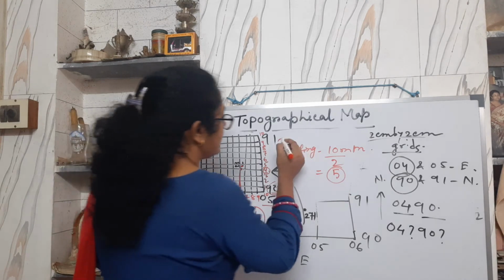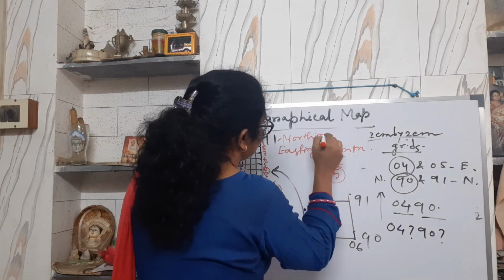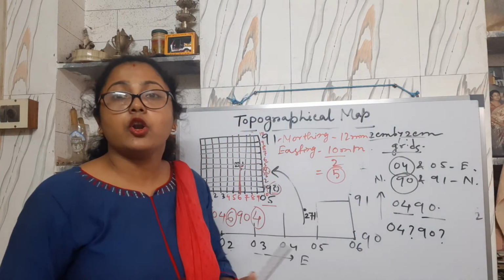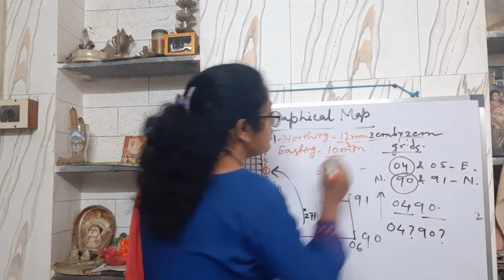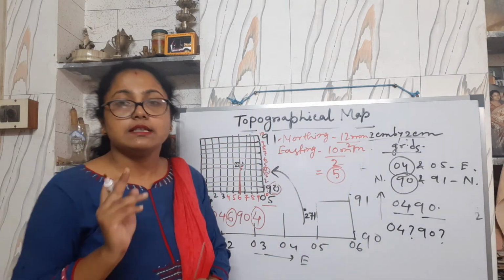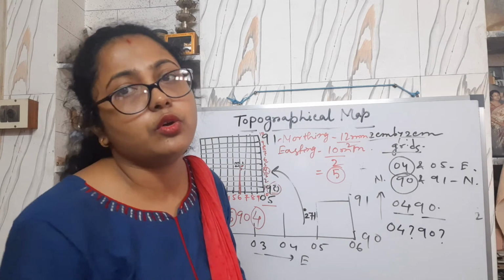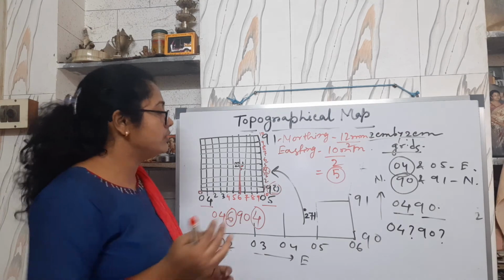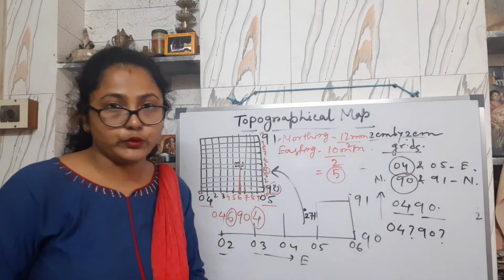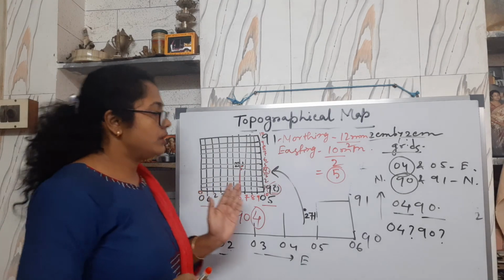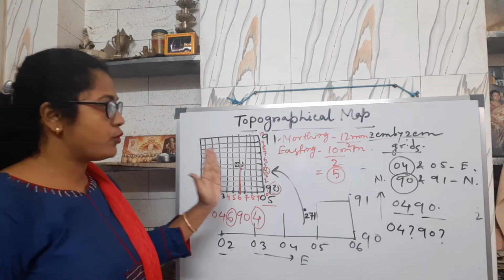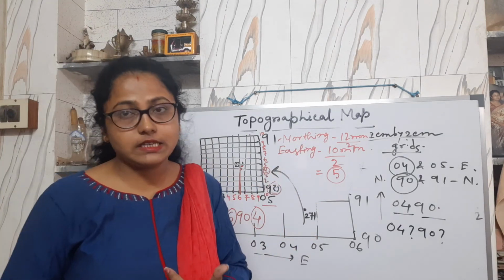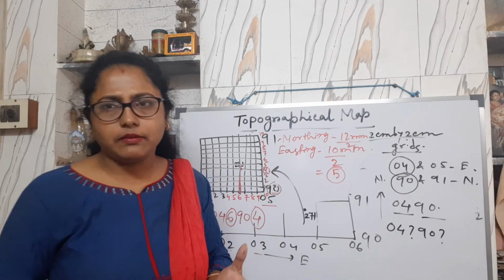Okay, if the northing point, suppose northing in scale the point comes 12 millimeter. So what will be your northing subpoint? Must be by 2, 6. So your northing will be 6. So in this way, through scale also you can measure the 6-figure grid reference. That is up to you, with which system you will be more comfortable. Okay. So for the point, if the question is find out the 6-figure grid reference of the spot height like this, then you can easily find out.